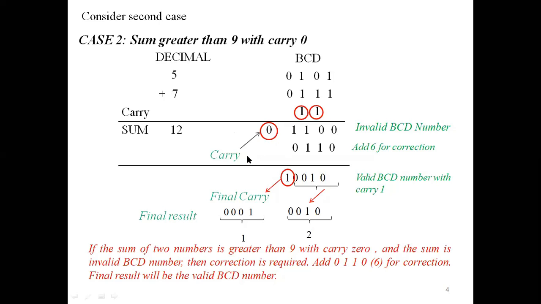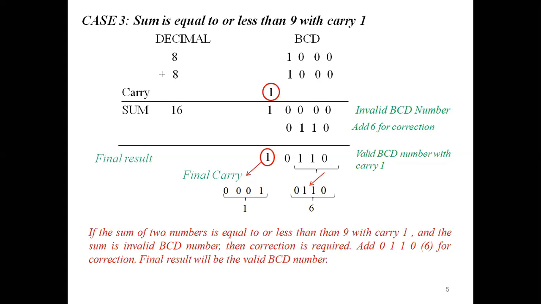Then we have to add which number? Add 6. We have to correct that value. So add చేస్తే ఏమవుతుందండి? 1 0 0 1 0 0 1 1 plus 1 1 0 1 plus 1 1 0. So here the value indicates as 1, and this one is 2. So 1 2. So this is nothing but 1 ముందర మీరు ఎన్ని zeros పెట్టుకున్నా the value cannot be changed. So that is here 1, this one is 2.